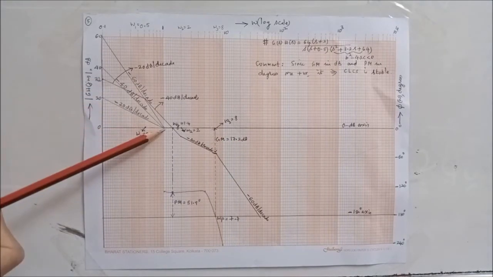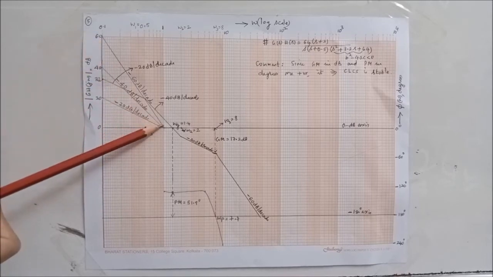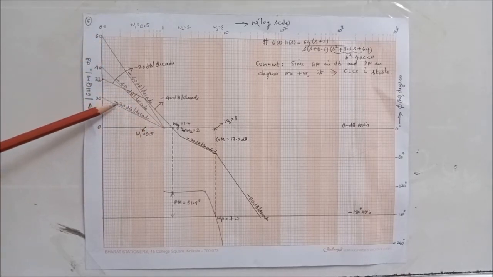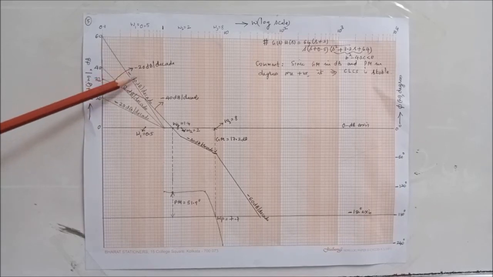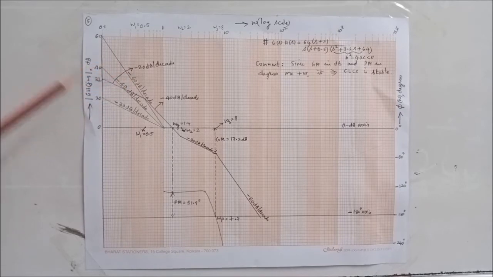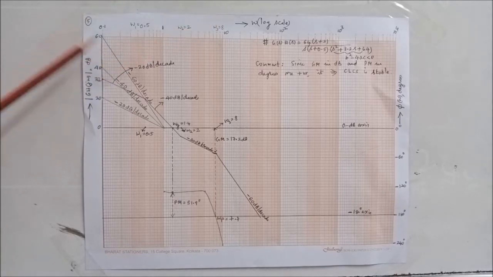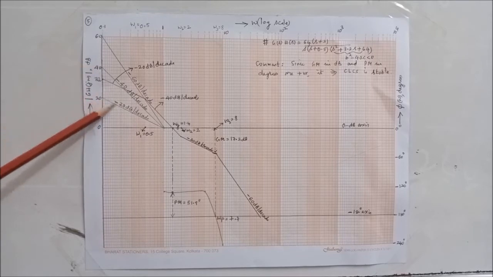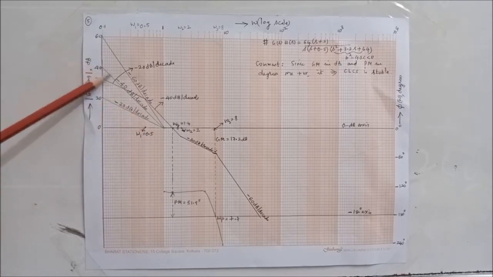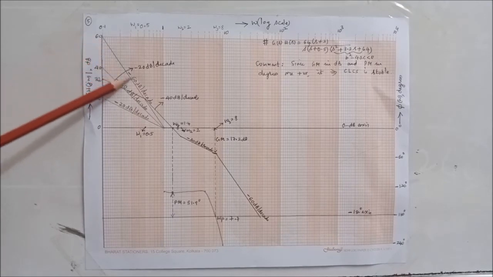Connect 20 dB to omega equal to 1, 40 dB to omega equal to 1, 60 dB to omega equal to 1. These will give you the construction lines of minus 20 decibels per decade, minus 40 decibels per decade and minus 60 decibels per decade. Here I have made these lines look slightly dark because if I make them light, the camera may not catch them. So these are all construction lines, shown as minus 20 dB per decade, minus 40 dB per decade, minus 60 dB per decade.